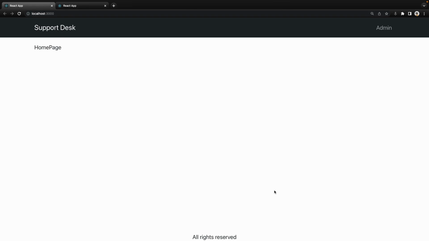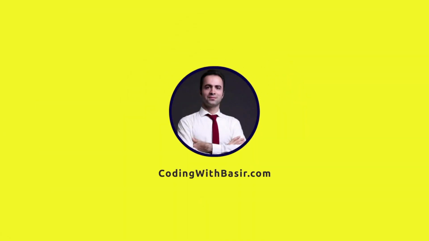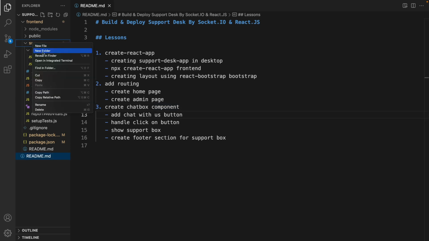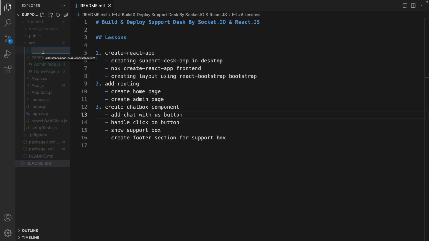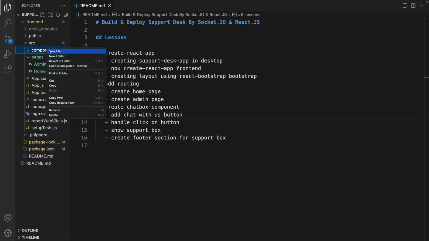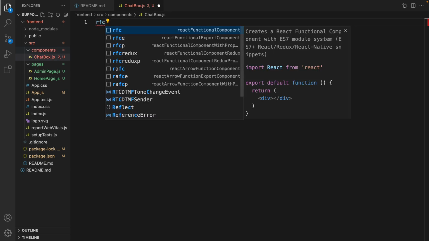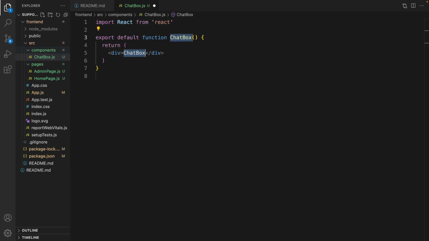For the next lesson, we add chat with us button to the bottom right corner of homepage. In this lesson, we are going to create chatbox components. Let's go to the src and create a new folder named component. Inside that, right-click, new file, and set file name to chatbox.js. Like always, type RFC to create a React functional component, and we are ready to use it inside the